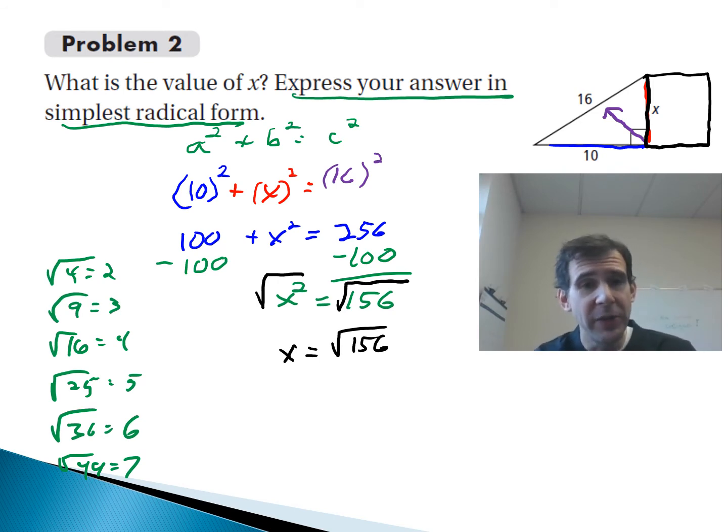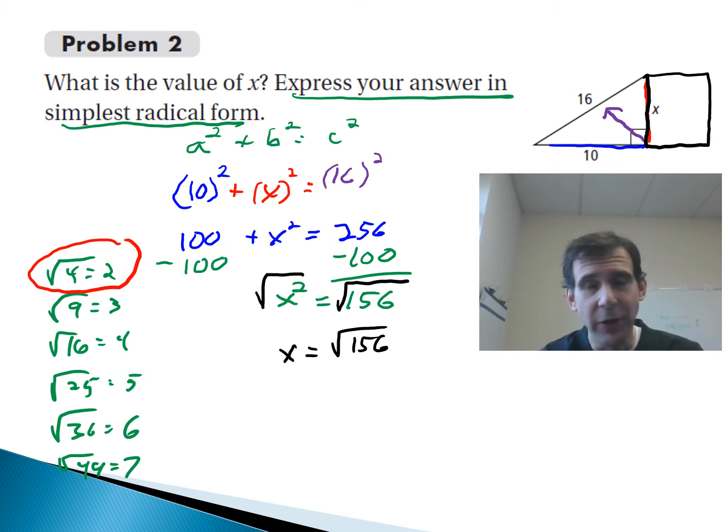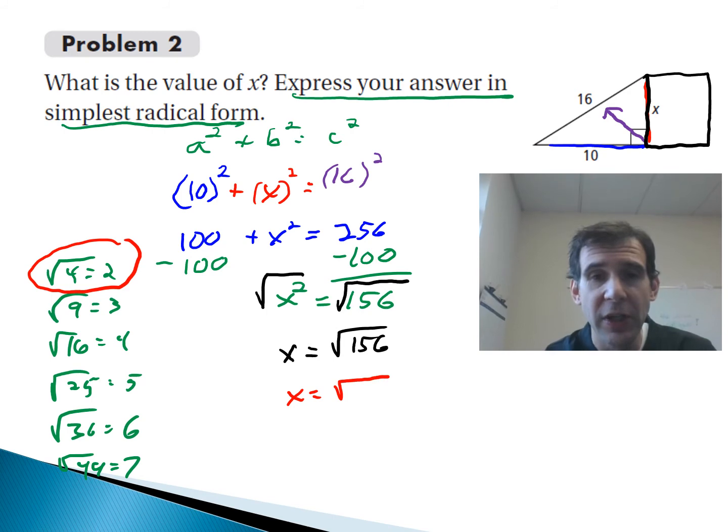Say 156 divided by 49, and you're going to get a decimal. Same thing with 36, same thing with 25, same thing with 16, same thing with 9. It ends up that 4 is the only one that divides nice and evenly in. When you divide by 4, you get 39. Okay, you don't get 39.678 or anything like that. You get 39. So it means that you can nicely factor square root of 156 into the square root of